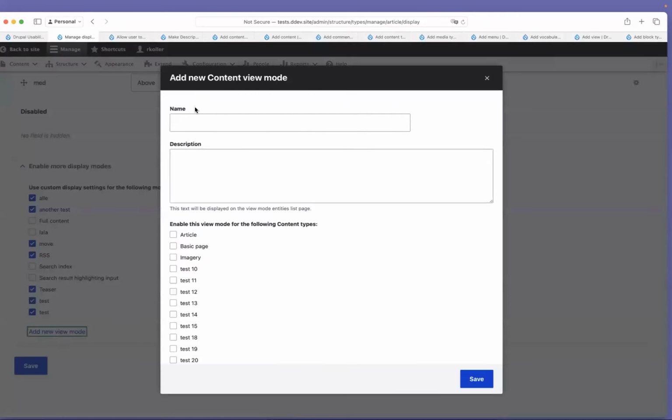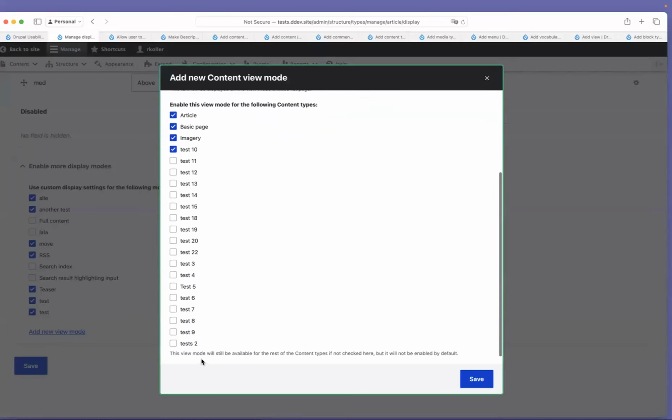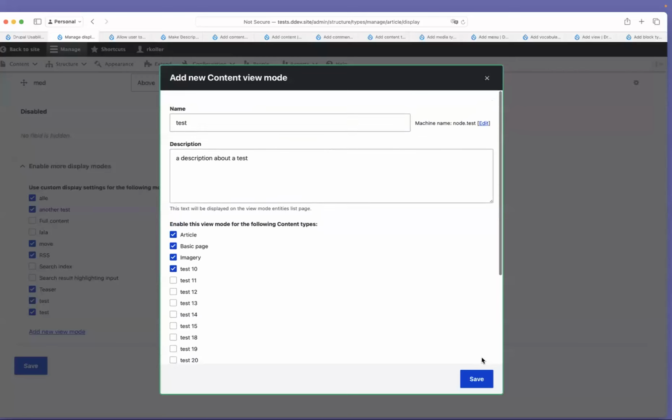If we click that, test, I'm being creative now, and then you're able to add a description for the test, and now you're able to select the view, and the description says this view mode will still be available for the rest of the content types if not checked here, but will not be enabled by default. And if we save,